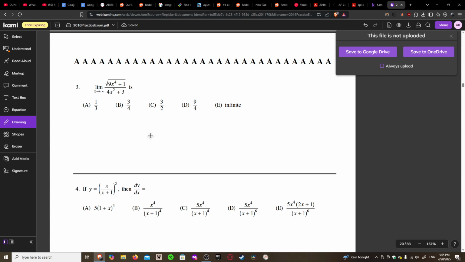The square root of 9x to the fourth plus 1 over 4x squared plus 3. Let's go ahead and evaluate. Well, I can already tell that it will use L'Hopital's rule, and they aren't really looking for much on the AP exam, so I'm just going to put that there, which means that the derivative, hold on, no, I can just already know what's going to happen now, because the degree is going to be 2 and